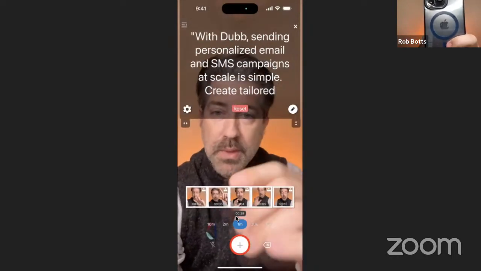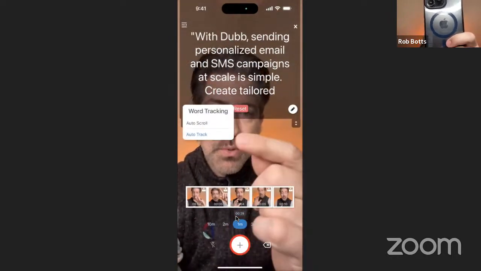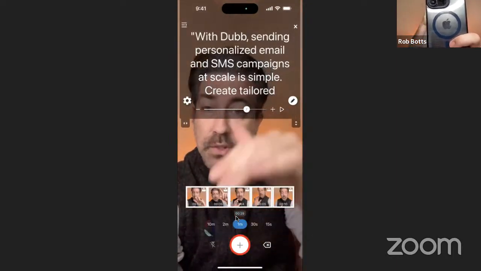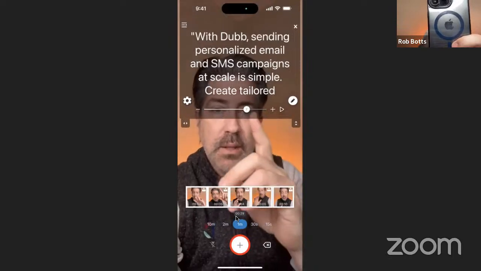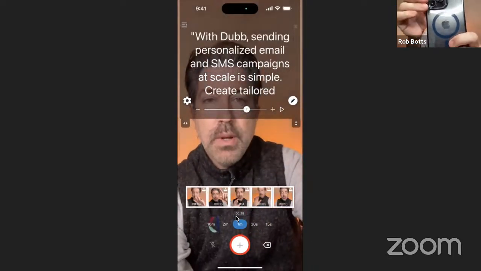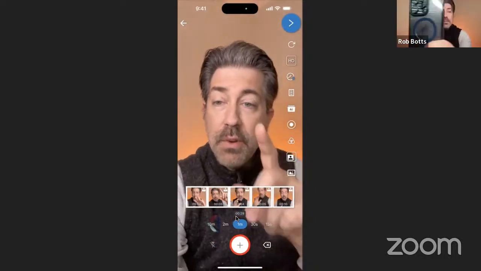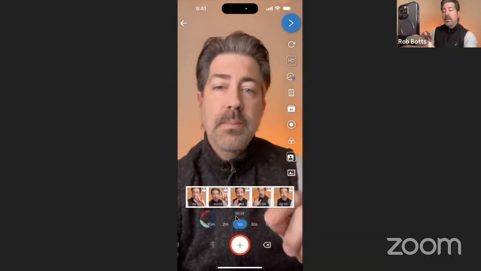So that's how it would work with that. And that's Auto Track, which is right here. And then you can click Auto Scroll to bring it back to where you have the speed there. It just goes at one pace. So that's the teleprompter. If you want to close it, right over here at the top right, hit the X and it's closed. If you want to add a video from your phone to your computer, what you can do